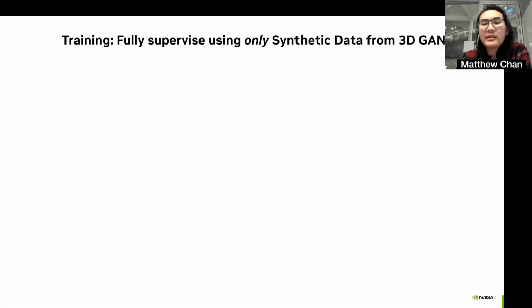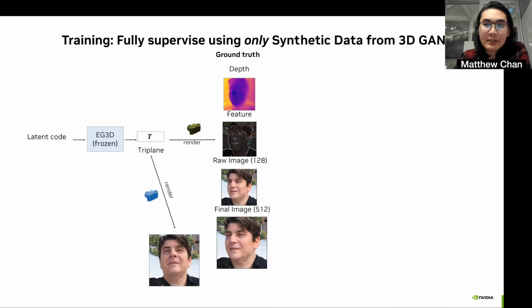So to give a more complete idea of what happens at the training time, at each gradient step, we'll first sample a latent code. We'll then take this latent code and turn it into a triplane using a frozen existing 3D generator. We can then take that and render the triplane from two different cameras, camera 1 and camera 2.